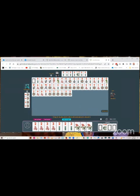Okay, oh gosh, now I have 3 flowers. I'm definitely gonna get rid of one. 1 dot, 2 dot, what do you call it? Nope, green, amazing. All right, I guess I should probably get rid of these because chances are,